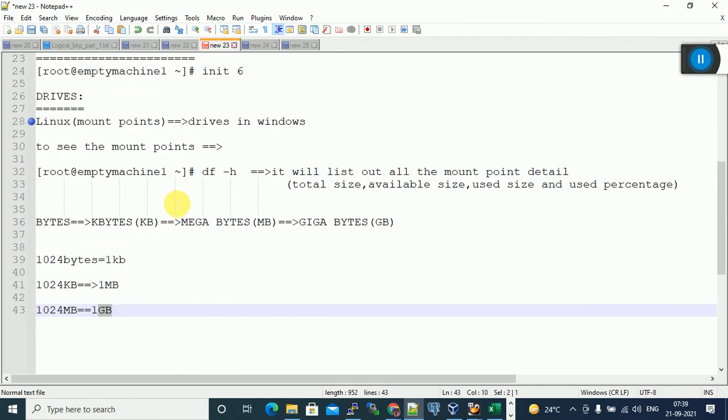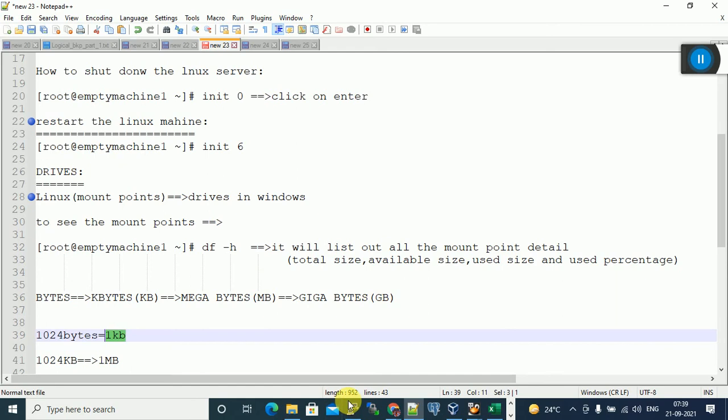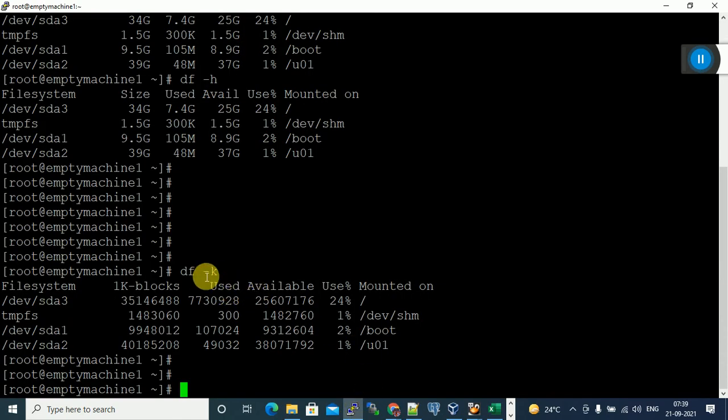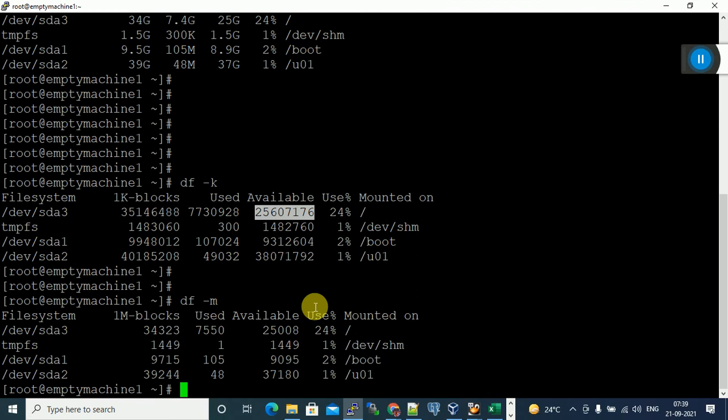If you want to see the mount point size in kilobytes, use df -k. K means the size will be displayed in kilobytes. If you want to see the size in megabytes, use df -m.